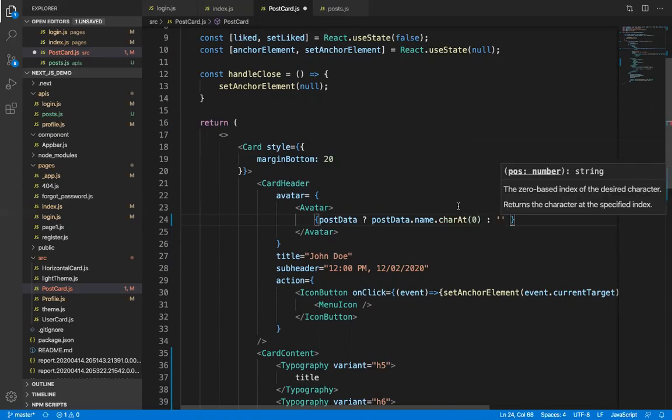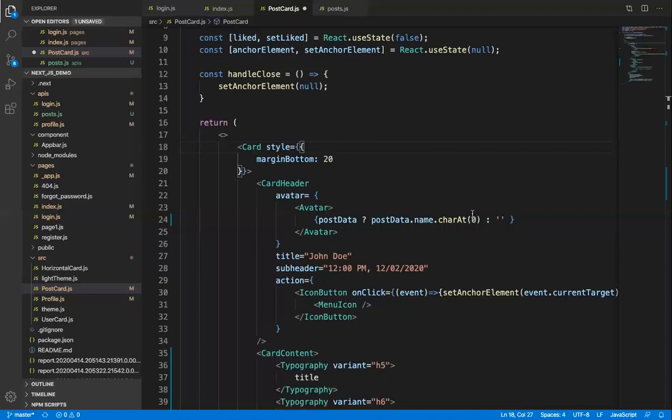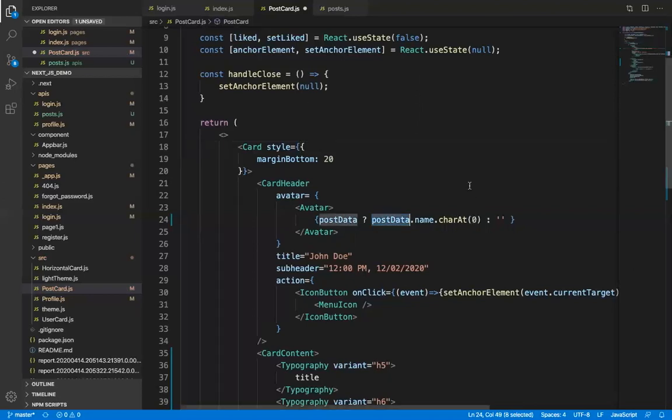So what I did inside the avatar, I just displayed the first character of the name. It will get the post data dot name, then char at 0 will display the first character. This is a JavaScript function.